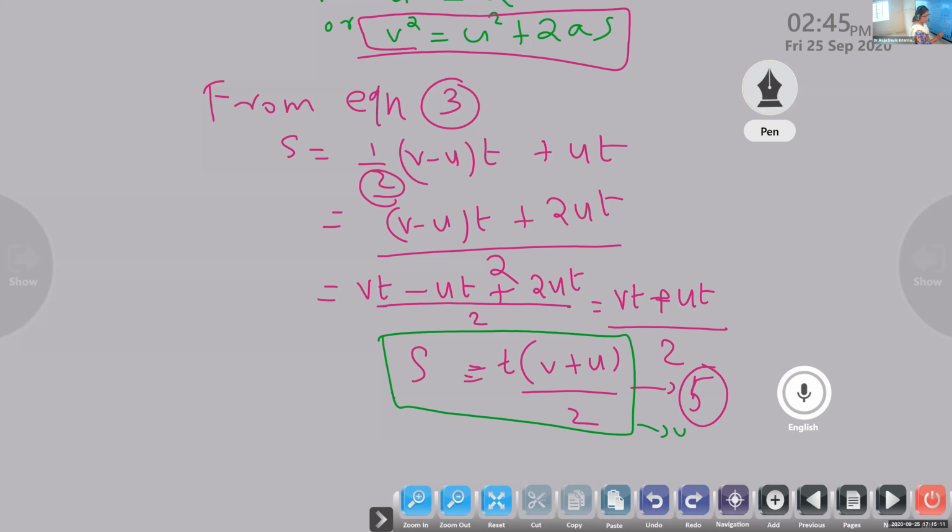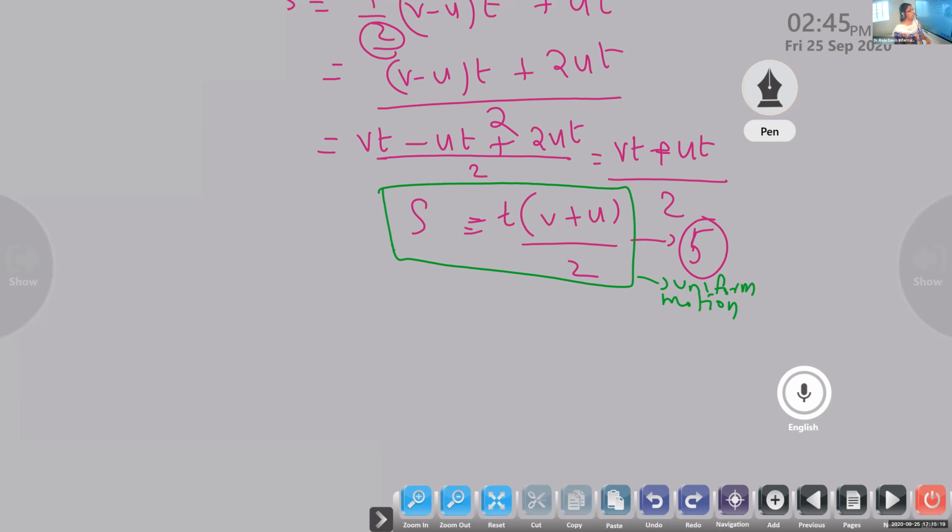But this is in which case? This is only for uniform motion. For non-uniform motion, we have to add all the displacements. Uniform motion means at every point the same velocity, so we take only two values: the initial velocity and the final velocity. Then only we use this one. So this is not applicable for non-uniform motion. It has been derived from the second relation, so we don't take it as an equation of motion. That's clear, because it is derived, no?